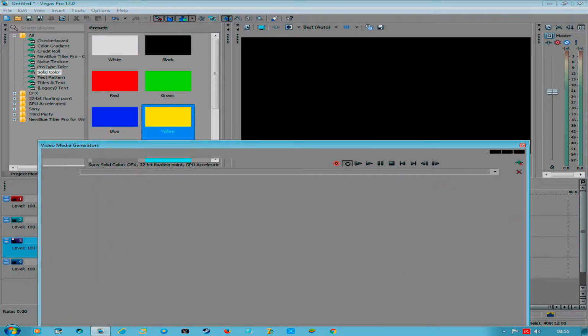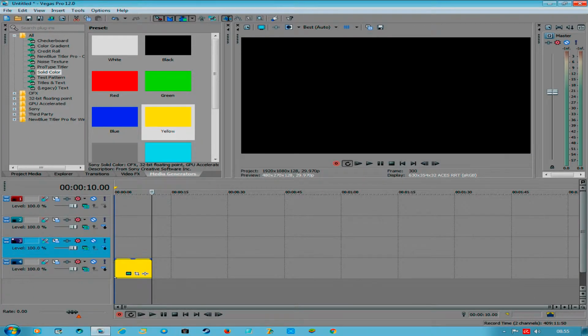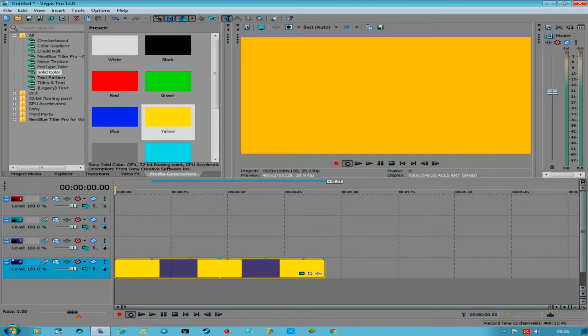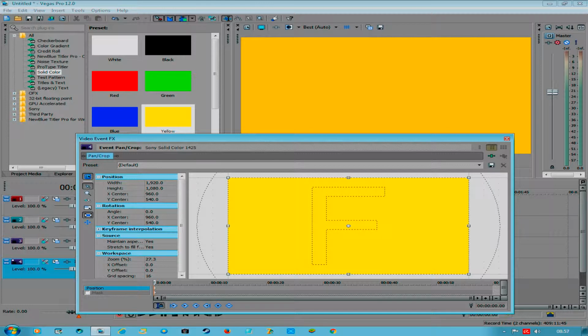So we have to click the box to get rid of it. A bit annoying. We just expand this down to about 1 minute. Now what we need to do is, if we're going to make this yellow colour slide into the screen, down here, this one here, the event pan and crop, and what we'll do is we'll make it slide up from